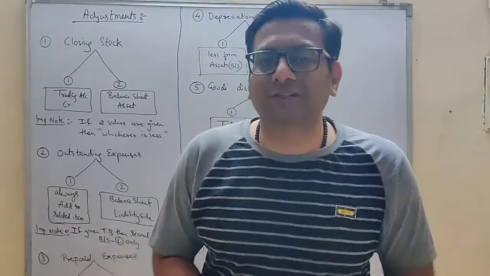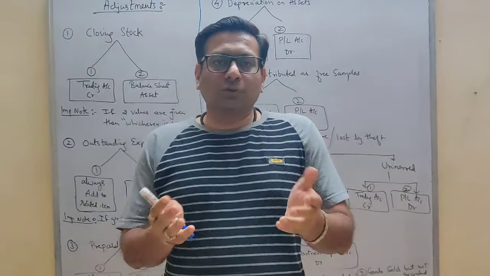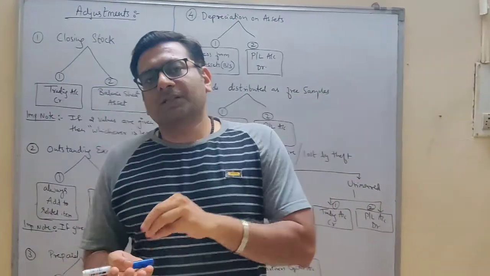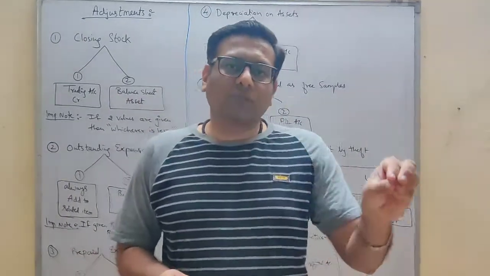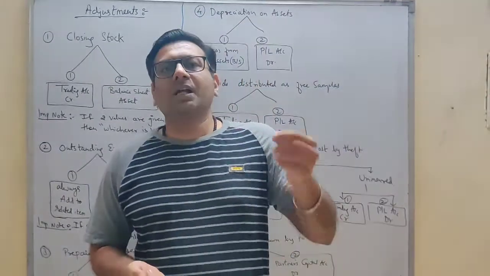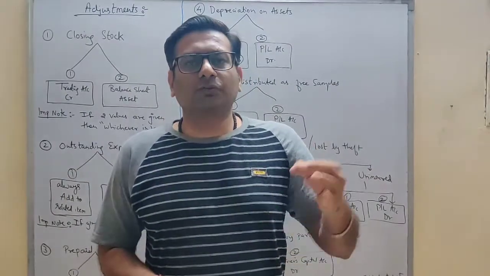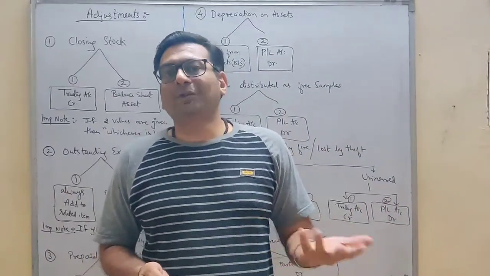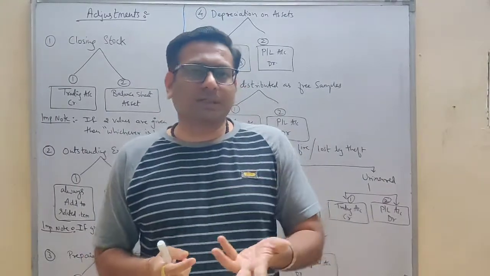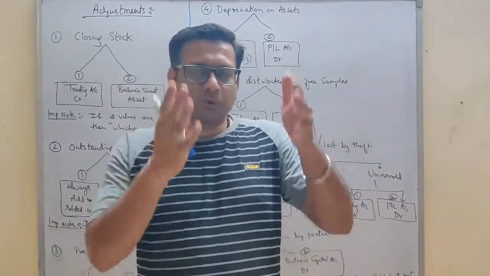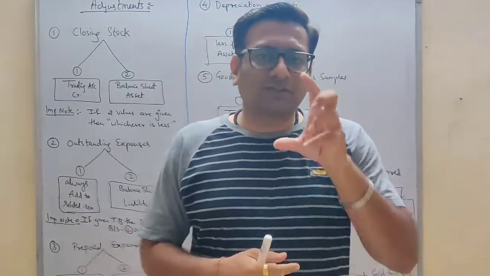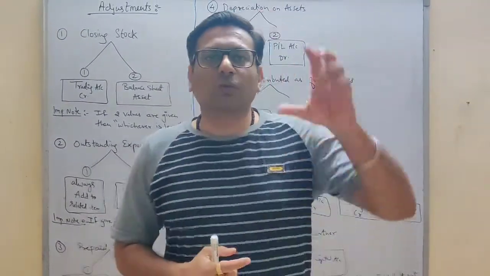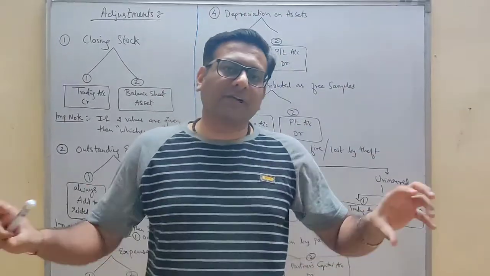Now what do you mean by adjustment here? As you know, during the year whatever transactions we have made, we record in the books of account by passing a journal entry. We then later on post it into our ledger book in all the ledgers, and then at the end of the year you close all the ledgers, you get the balances. Those balances you put in the trial balance. Now this trial balance is nothing but your cushion for making a final account. So looking at the trial balance, you will make a final account.